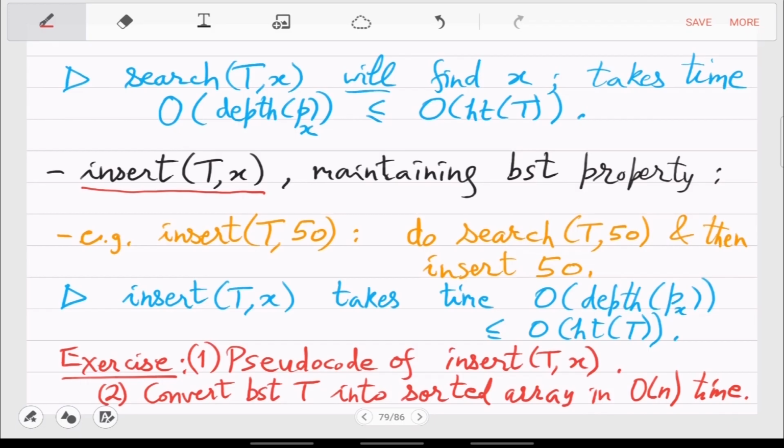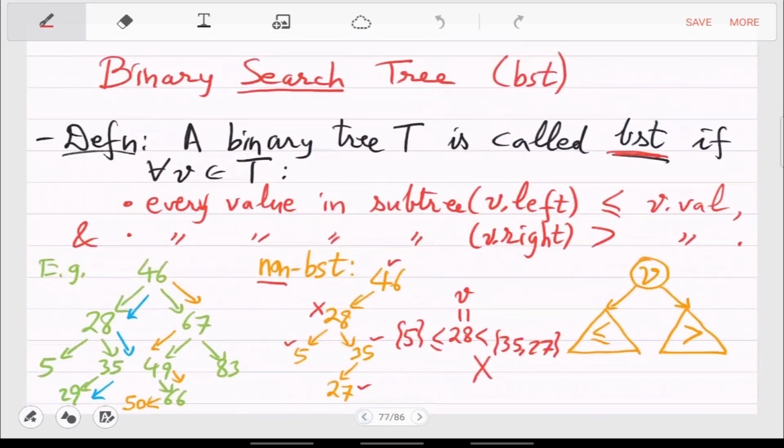We can use a stack. No, we don't know stacks. We can use the recursive call. Recursive call for root and left. Yes, so this binary search tree is inherently a recursive structure. So for example, in this green one, you just have to keep on going. Basically, you try to find the min. So in the tree, the min is 5, right? So you will go left, but it may happen that at some node left does not exist, so you'll be forced to move to right. That can also happen. But then you basically try to stay on the left side as much as possible.